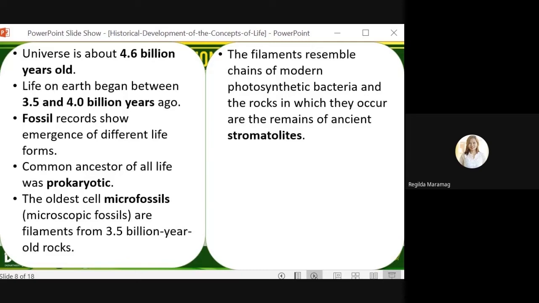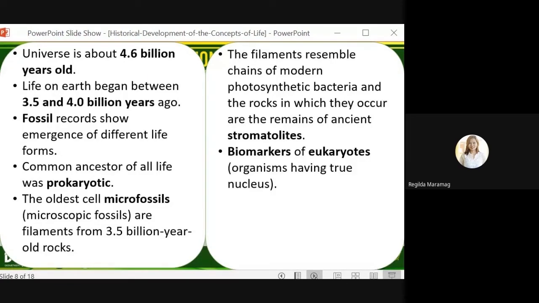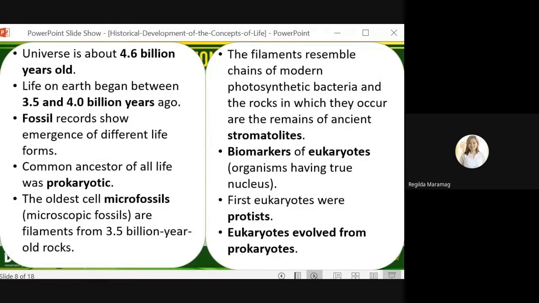And the filaments resemble chains of modern photosynthetic bacteria, and the rocks in which they occur are the remains of ancient stromatolites. So the researchers look for biomarkers specific to eukaryotes, and eukaryotes are organisms having a true nucleus. What are the first eukaryotes? Joanna? Protists. Okay. The first eukaryotes were protists, and